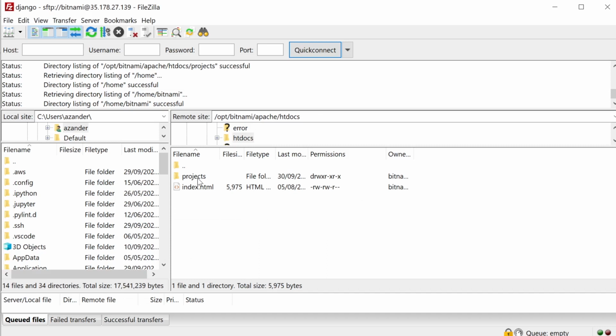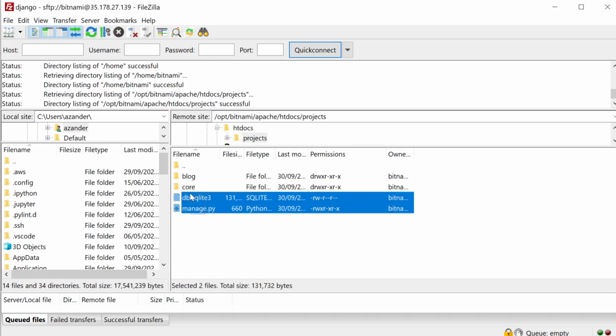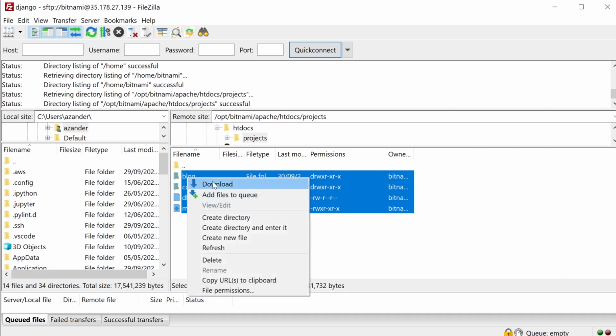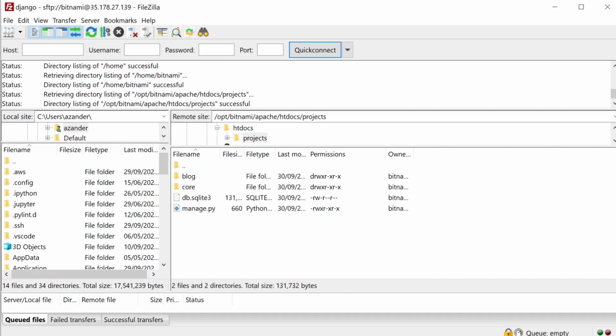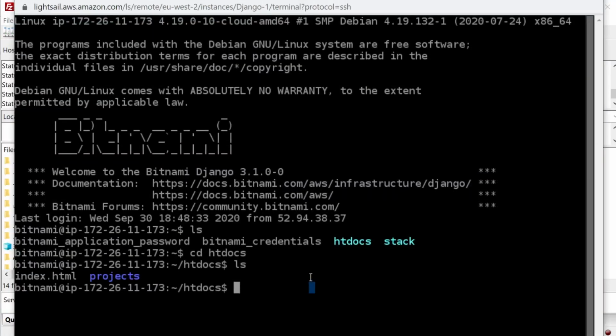We can now navigate to the projects folder. We now have all the Django files. So at this point, we can, for example, download these, or additionally, we can just add some things to it. So if I just go ahead and create a new document here, and then just drag this in, you can see that's been uploaded. So let's go back into my console here, and then we're just going to change directory